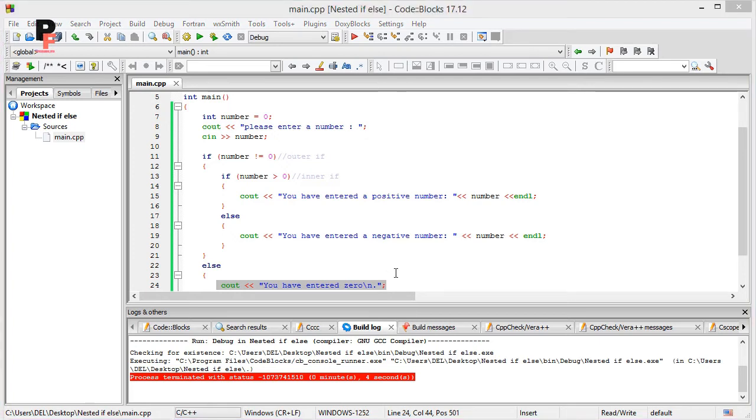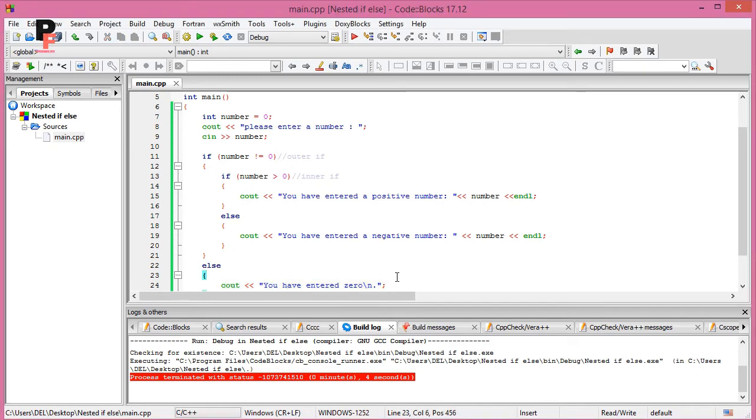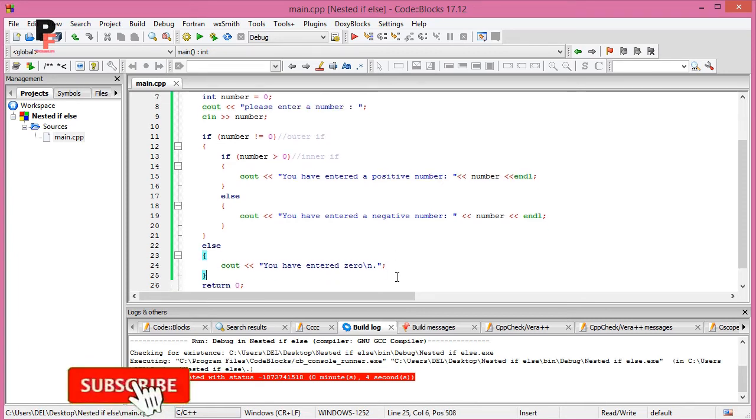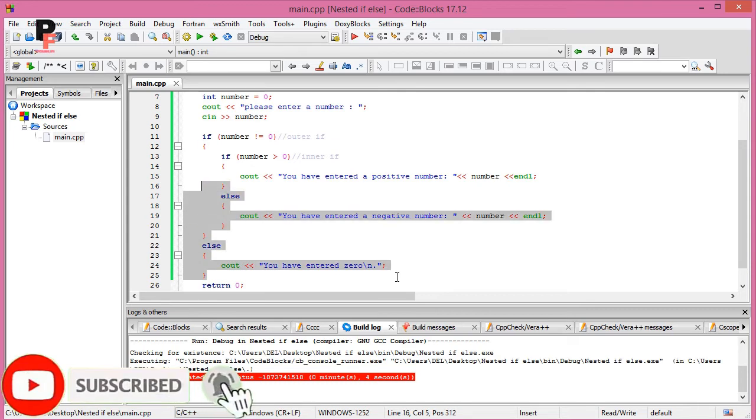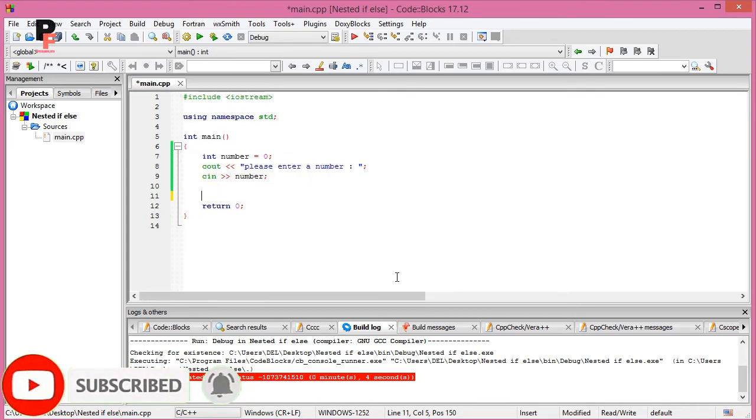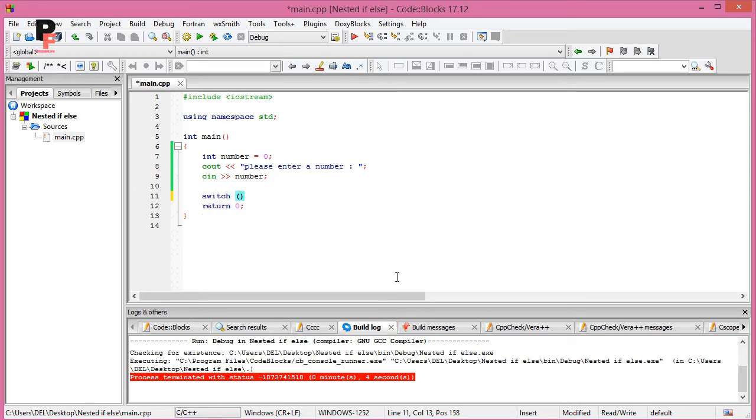So now, what is switch? A switch case is used to test a list of values, where each value is a case. When the value equals the case, that case gets executed. If no value is equal to a case, then the default case will be executed. Let's make a program to check whether the number entered by the user is an even number or an odd number. Use the switch keyword when you are working with switch, and give the condition inside the parentheses